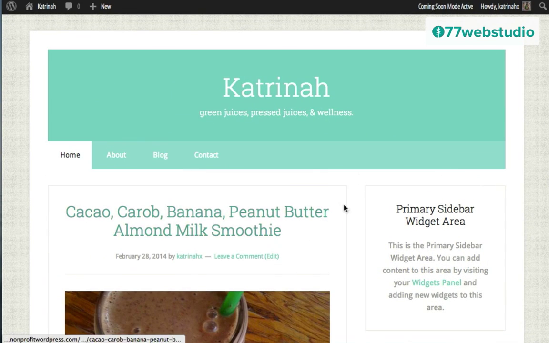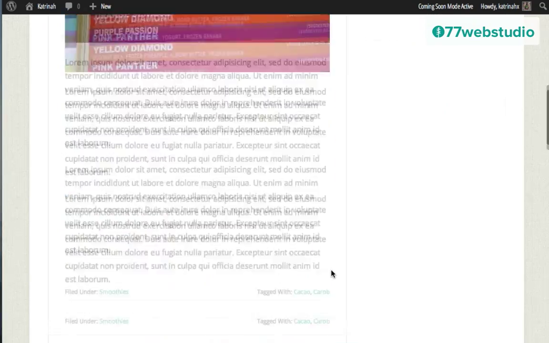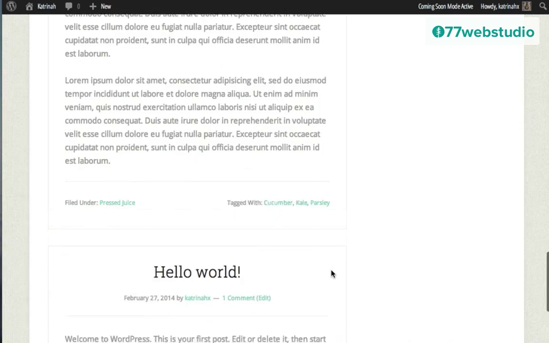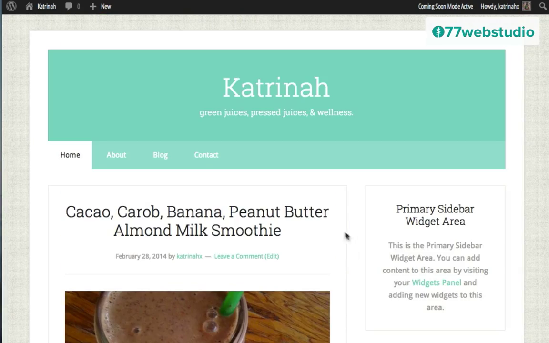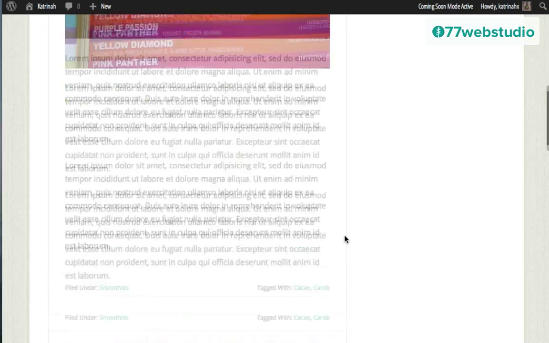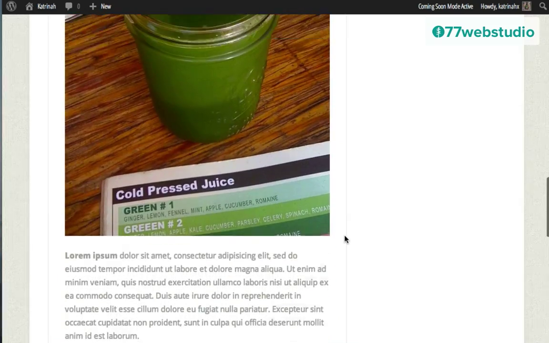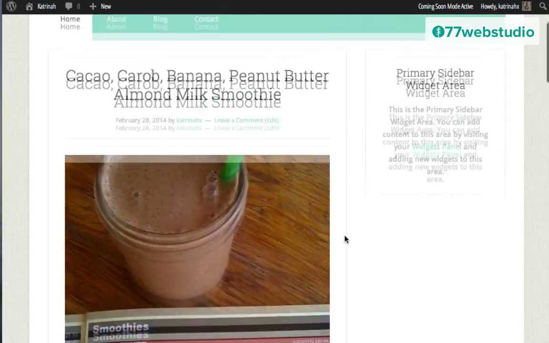So looking over the home page of our website so far, we see we have the banner section, the menu navigation area, we have a primary sidebar widget area that we need to set up, and then the main thing I want to point out here is that we have all of our blog posts displayed one after the other vertically down the page. Now for some, this may be exactly the display that you want on your home page with all of the full blog posts displayed on the home page.